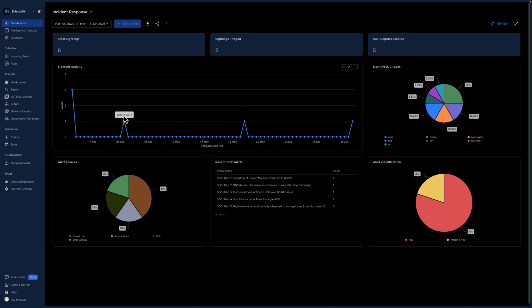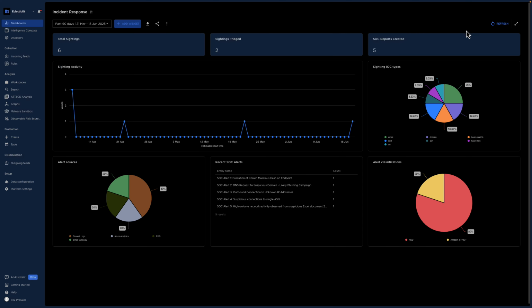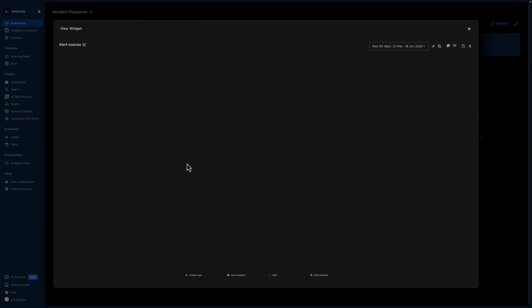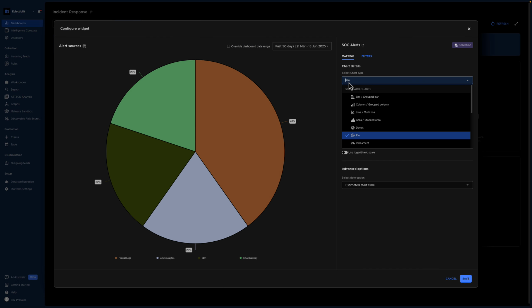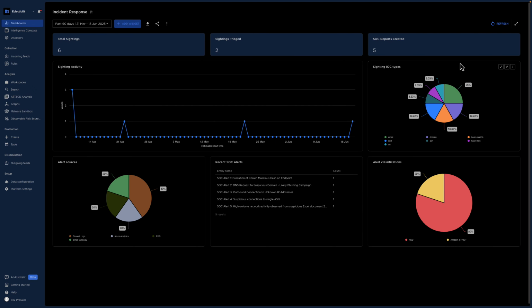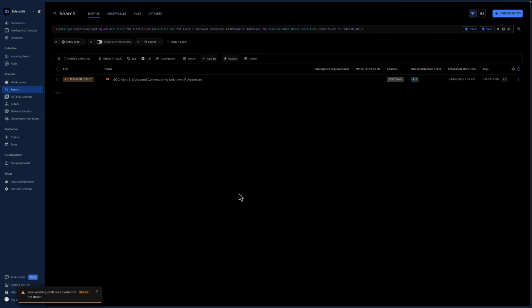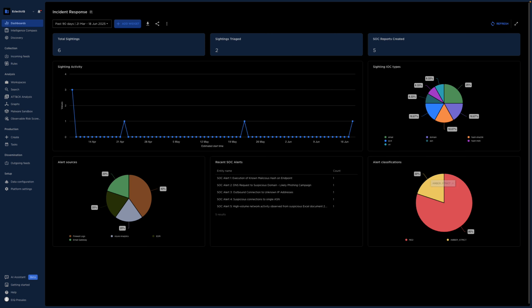We can see a measure of activity in terms of alerts over the last year. Hopefully this is a relatively flat line for most organizations. And we can see, to start breaking down some of the metadata, things like pie charts or even just list views to access some of those entities. This is an interactive tool where we can customize and manage the visualizations. We can also drill down to specific subsets of this data, which takes us into the search capability of the platform. This makes it easy for us to respond to new data in a visual way, visualize trends, and access